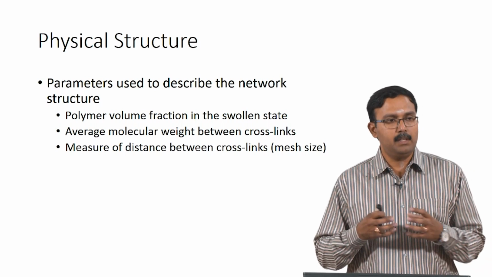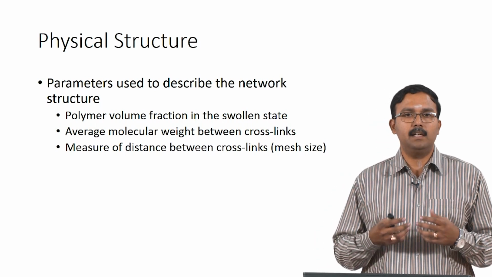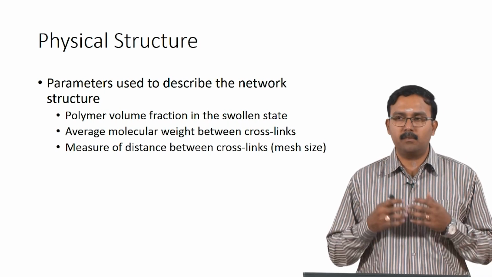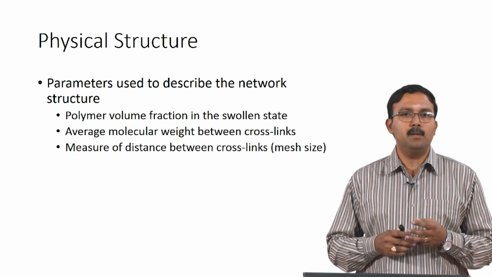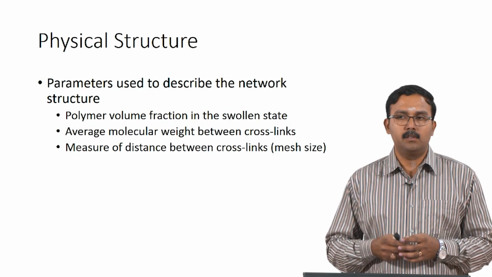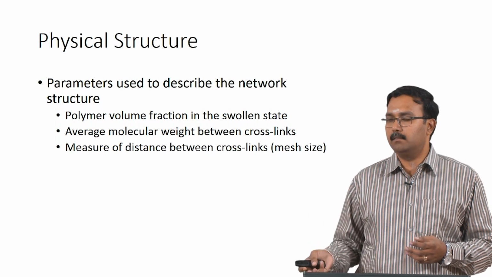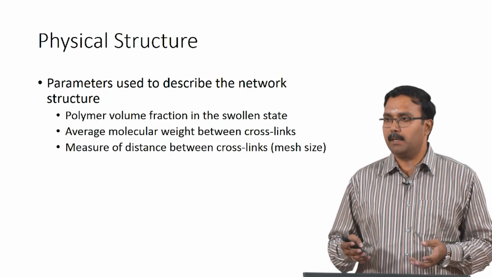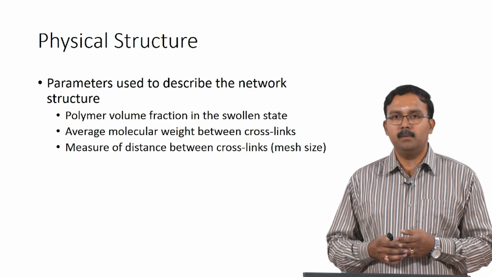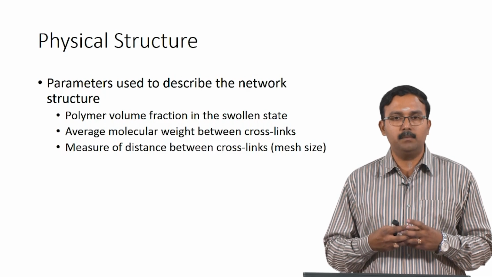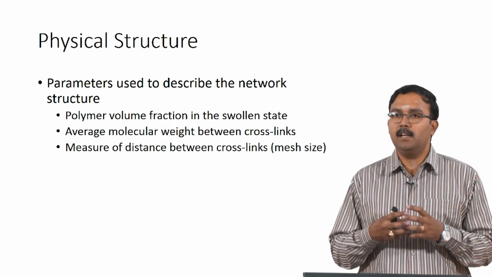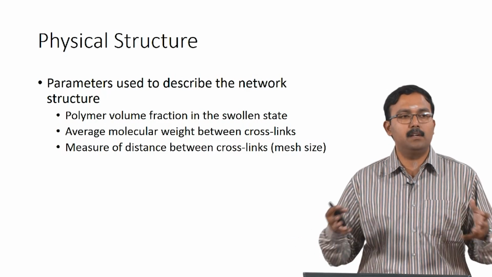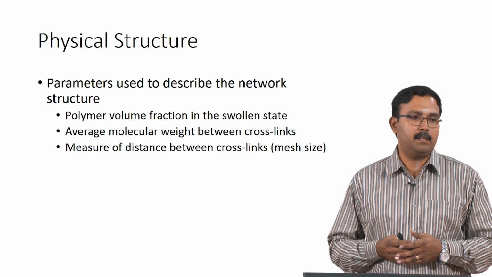When you are talking about the hydrogel network, there are different parameters which are usually described. The three parameters which are very commonly described are, first, the polymer volume fraction in a swollen state. When you take a hydrogel and immerse it in PBS or water, it is going to swell till it reaches equilibrium, right. At the point of equilibrium, you are going to have some fraction which is polymer and the rest is going to be water. Depending on the water fraction and the polymer fraction, you know the swelling of the material. So, this is one parameter which is used.